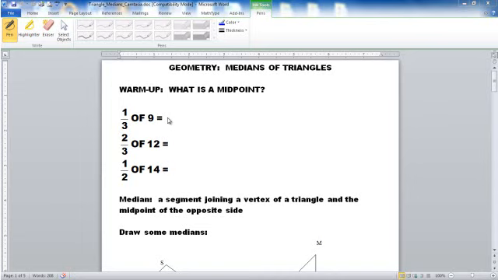To begin, we're going to talk about what is a midpoint. Remember, a midpoint is a point that divides a segment into two congruent parts. That's the first part of the warm-up. Next part is this: